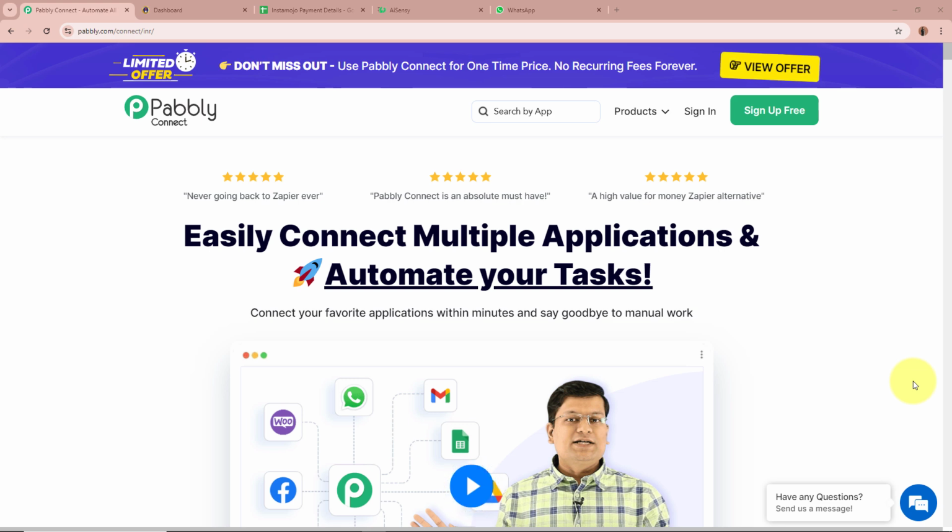So I run an online educational platform where we offer various courses on different topics. We use Instamojo as our payment gateway to handle course enrollment fees. Now a student is enrolling in one of our courses on our online educational platform. Once they make the payment through Instamojo, they immediately receive a WhatsApp message confirming their successful transaction along with course